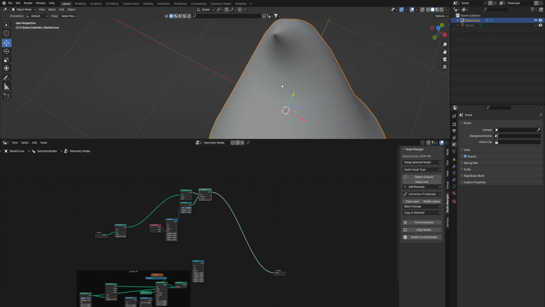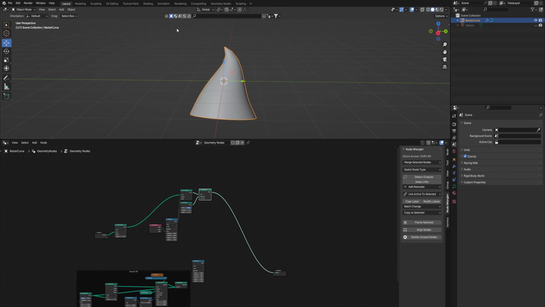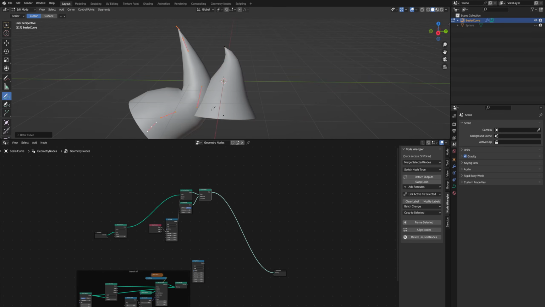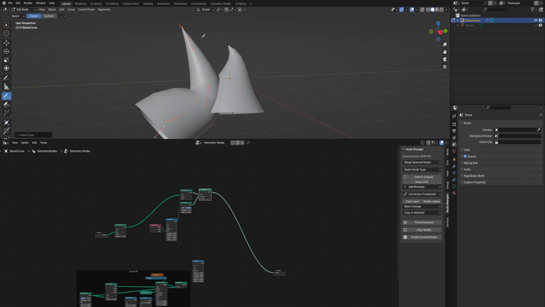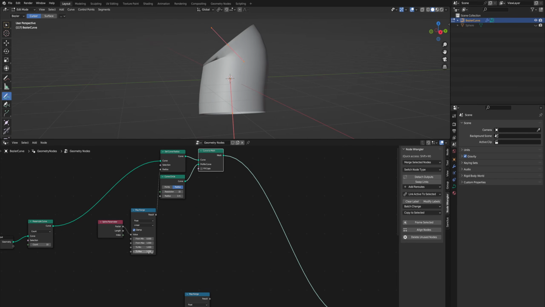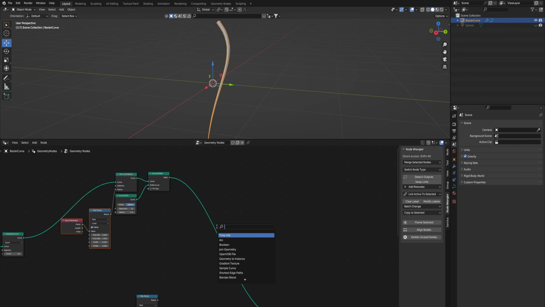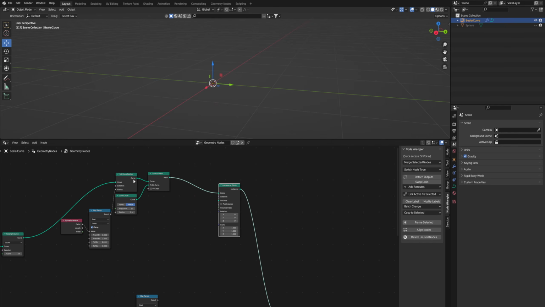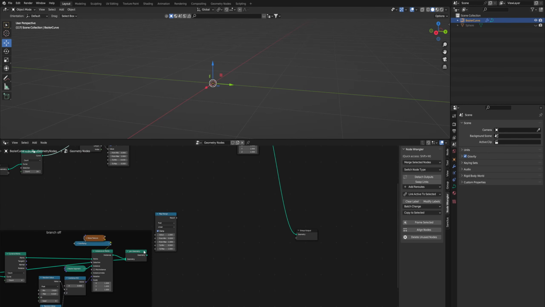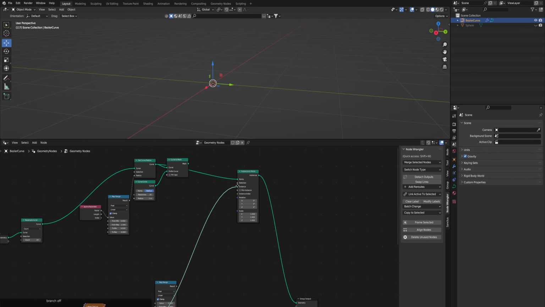So if we go back to this node and view it, we see it's upside down. So if you go into the curve and you draw, it's tapering up near the top, which we don't want. This is upside down for the grapes, so I have to invert these two bottom values and just lower this minimum a bit. So it looks like a stem going down. So now we have the thickness for that. I'm going to do instance on points and bring it over on here, and we'll bring the set curve radius into the points. This join geometry for our branch off, we will put on the instance.